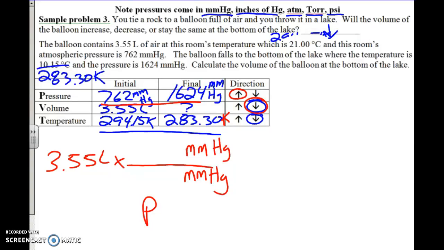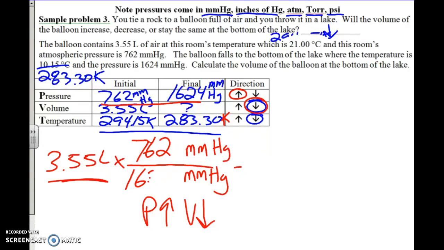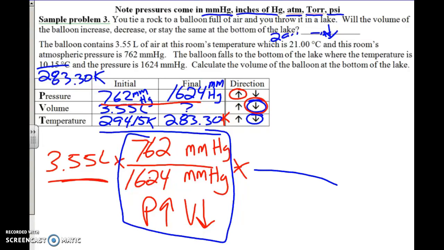The pressure in this problem is in fact going up. If pressure goes up, then volume should go down. So I need to arrange my two pressure numbers so that the volume right here will become smaller when it comes out this other side. So if I want my answer to get smaller, I put the smaller of the two numbers on top. Now I pretend like this part of the problem doesn't exist, and I do a multiplication sign, and I do the problem a